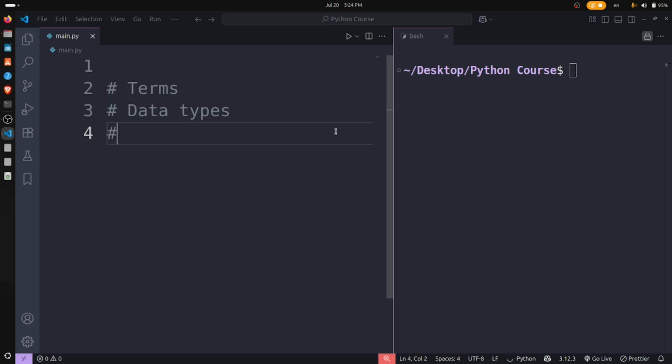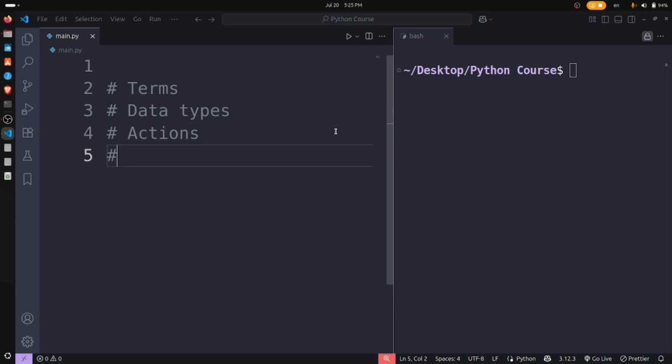And the third one is actions. When you know the terms and data types, you have to take some actions on them. You have to do some sort of tasks to use them and have something as output. When you don't understand this, you cannot take any action on them. We can call an action a function. What is a function? I'll tell you in the next videos. But here you have to know the terms, you have to understand the data types of any programming language, including Python, so you can take an action on that.